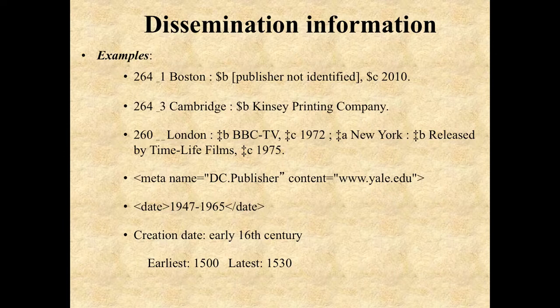In older records that you might see that were created under AACR2, you will, instead of the 264, see a 260 field, as in the third example. That was sort of the old basic dissemination information field that we had, but it wasn't really capable of differentiating between all these different functions in the same way, such as publication, copyright, presentation, manufacturing, etc. We have two examples then using Dublin Core, and then finally at the end an example of